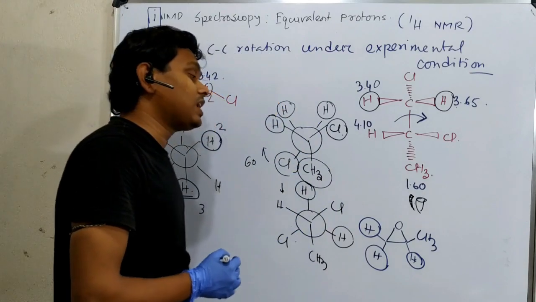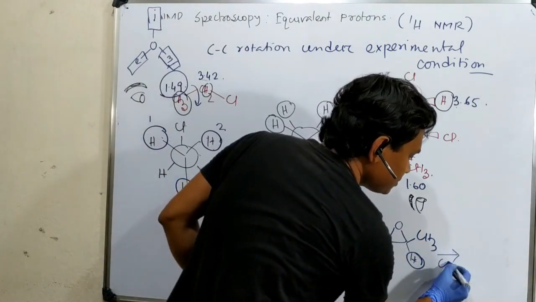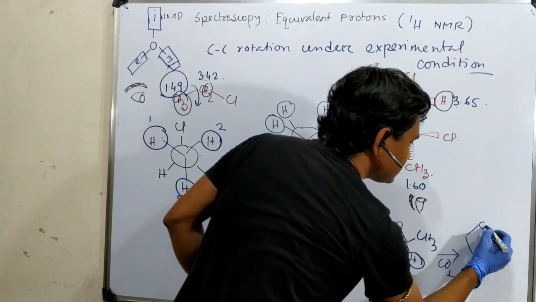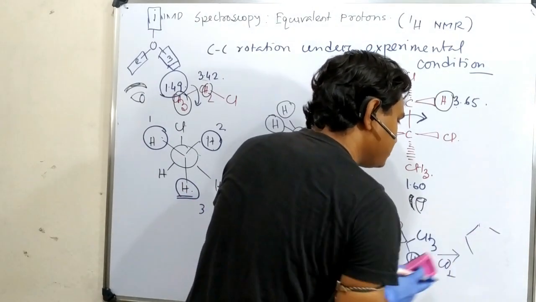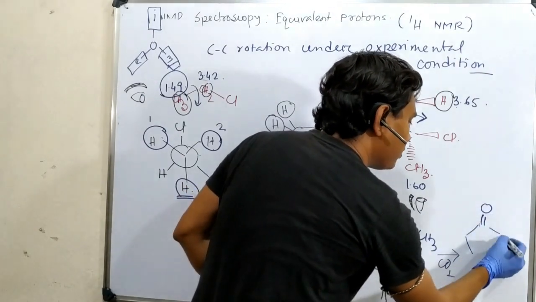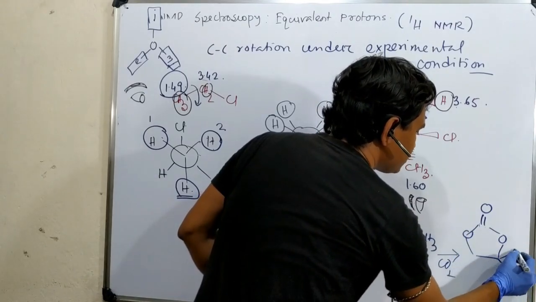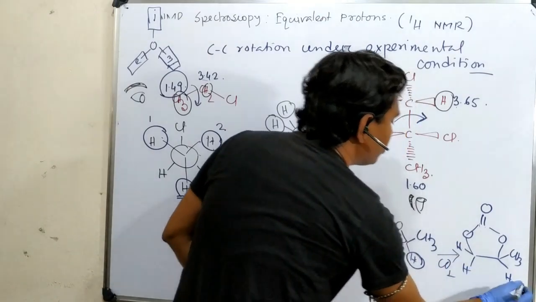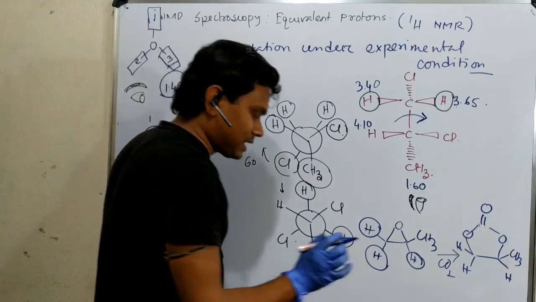I have worked on this reaction, epoxide to cyclic carbonate preparation, and the final structure of the cyclic carbonate is this. If anyone is interested to know more about my research work, I have already uploaded a lecture about the completion of my PhD. You may visit there if you want to learn. But it is not needed for your study. I am just giving you the answer.